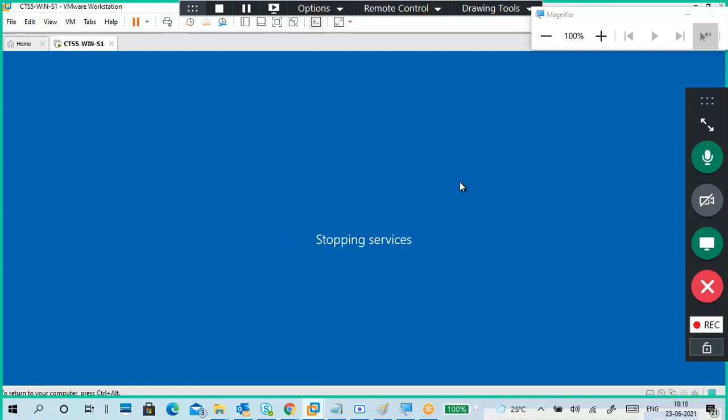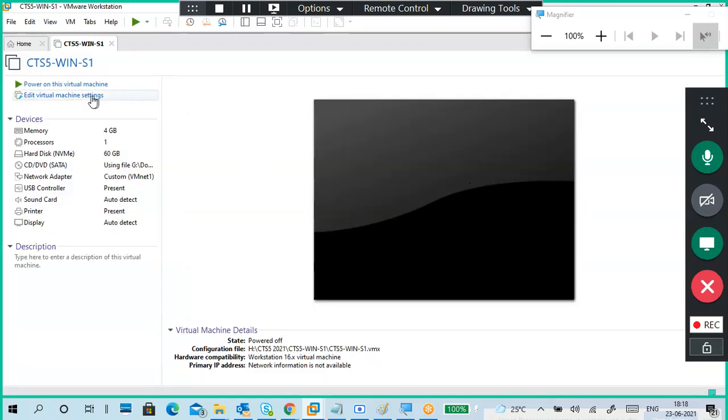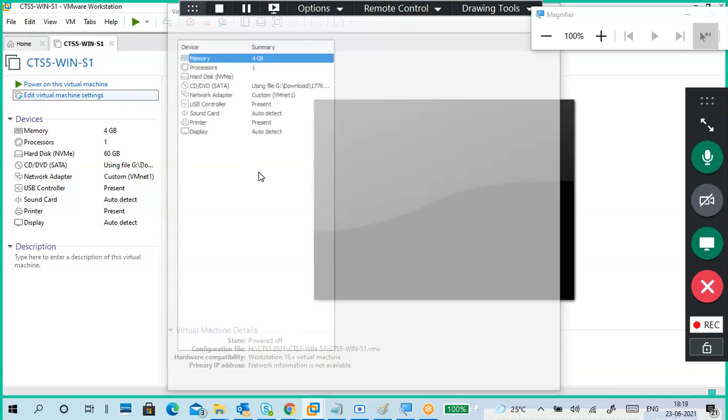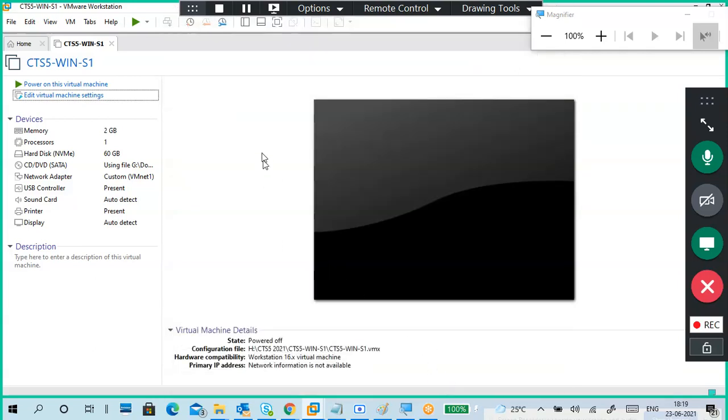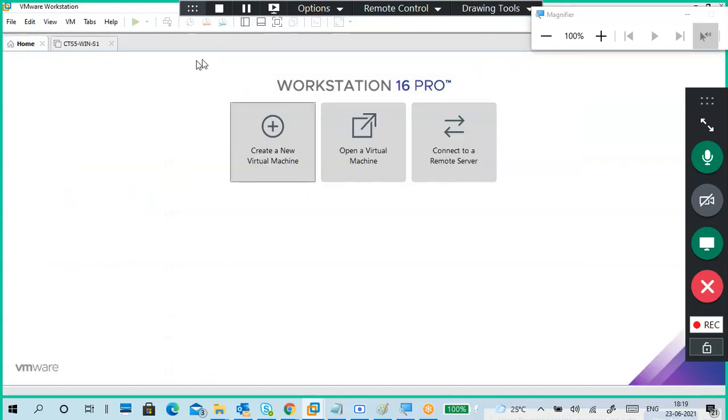Follow me. 4 GB is only for people with 8 GB or more. Immediately change it to 2 GB. 2 GB is enough, guys, not a problem. Okay, now I change mine to 2 GB, so next time no problem.